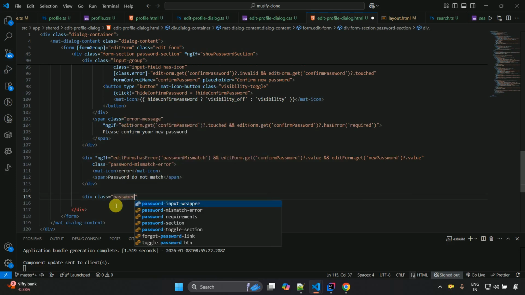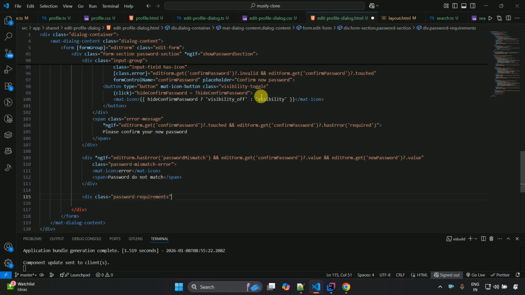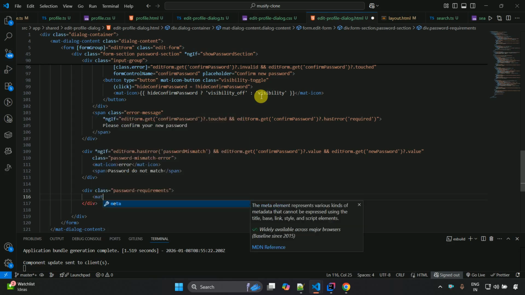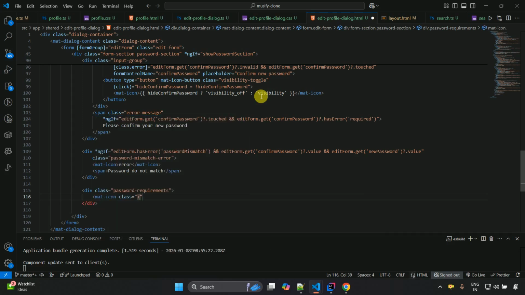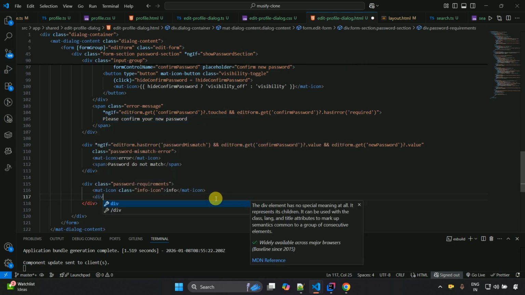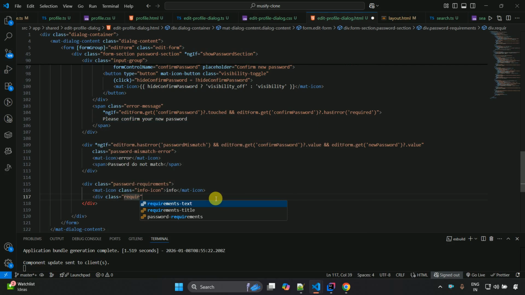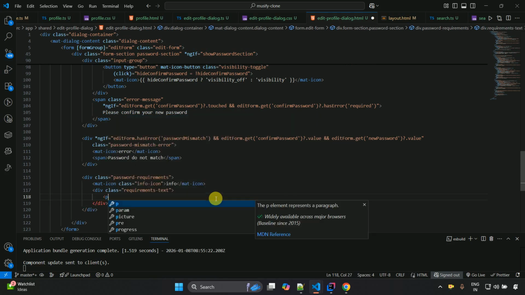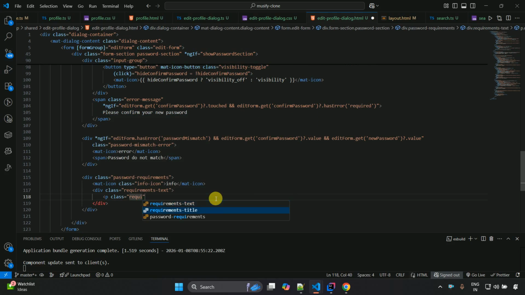And password requirements is basically used whenever we have to write complex things, like characters are required, numbers are required, small characters, those types of things you want to show. Then this password requirements hint should be visible to the user. Class info, and then icon, close this one, info, and after that here create a div class requirement text, close this one, and paragraph class requirement title, and